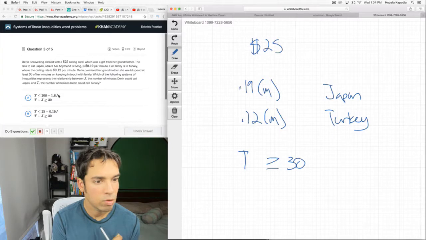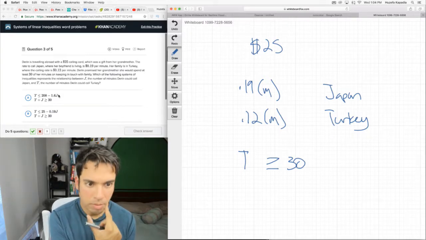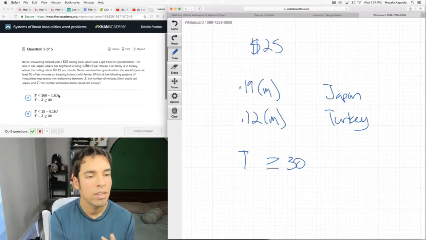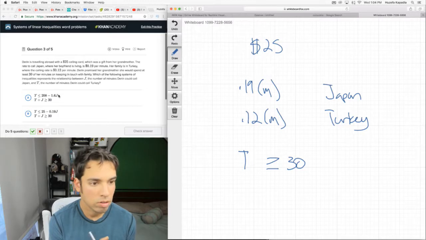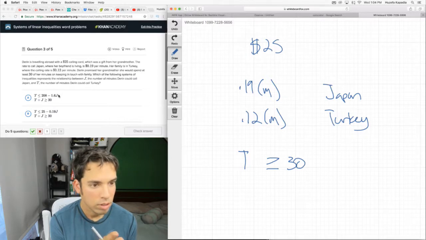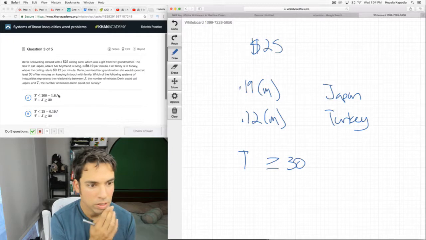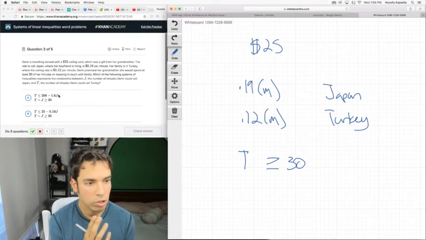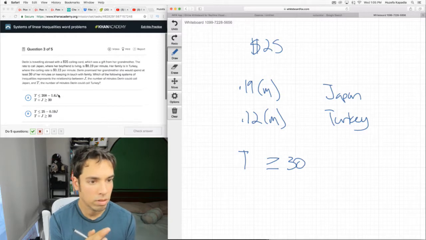Which of the following systems of inequalities represents a relationship between J, the number of minutes Darren could call Japan, and T, the number of minutes she could call Turkey? The rate to call Japan, where her boyfriend is living, and her family is in Turkey, where the rate to call is 12 cents per minute. So Darren has promised her grandmother she'd spend at least 30 minutes of her minutes on keeping in touch with